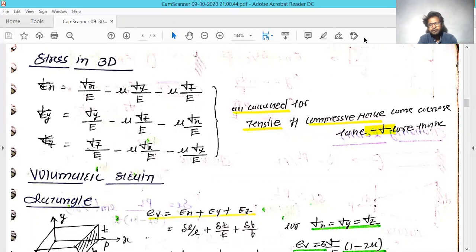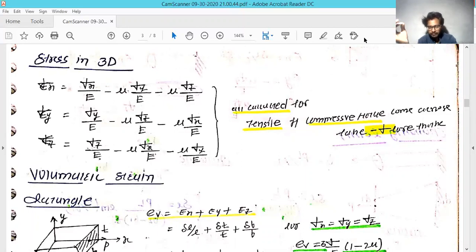And if you go in a particular direction, just like here it is shown that it moves in the x direction. In the x direction, the deformation which is taking place is positive, an increment in the x direction. But due to that increment in the x direction, there is a decrease in the dimension in the y direction as well as in the z direction. So to compensate and to indicate that decrease, we have multiplied with the Poisson's ratio.